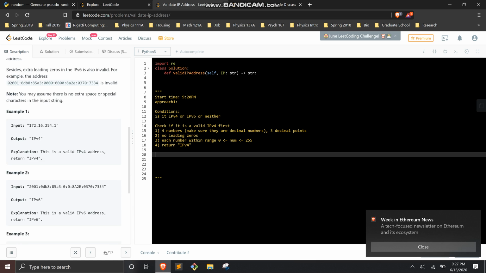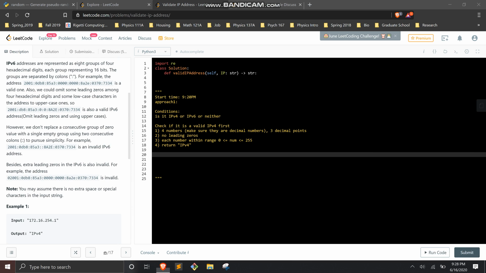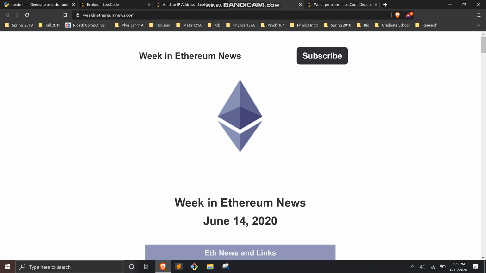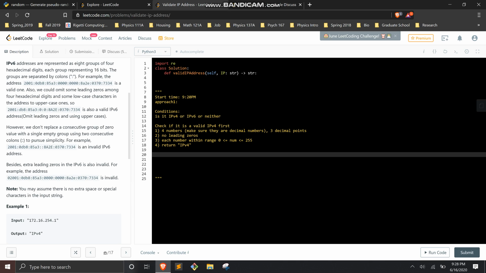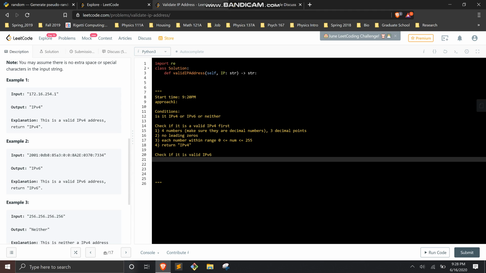Okay, so it doesn't say there's going to be any special characters or any extra spaces, so I'm not going to look into that. So then I need to check if it's IPv6. To check if it is valid IPv6, I need to basically